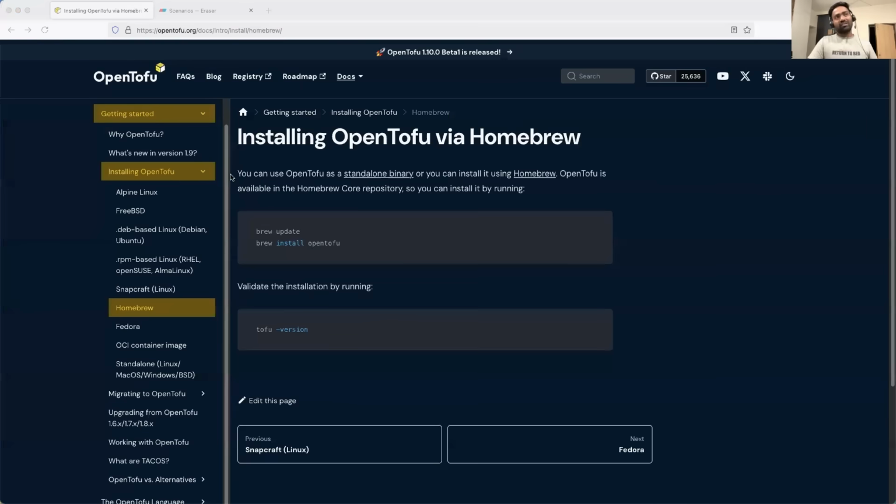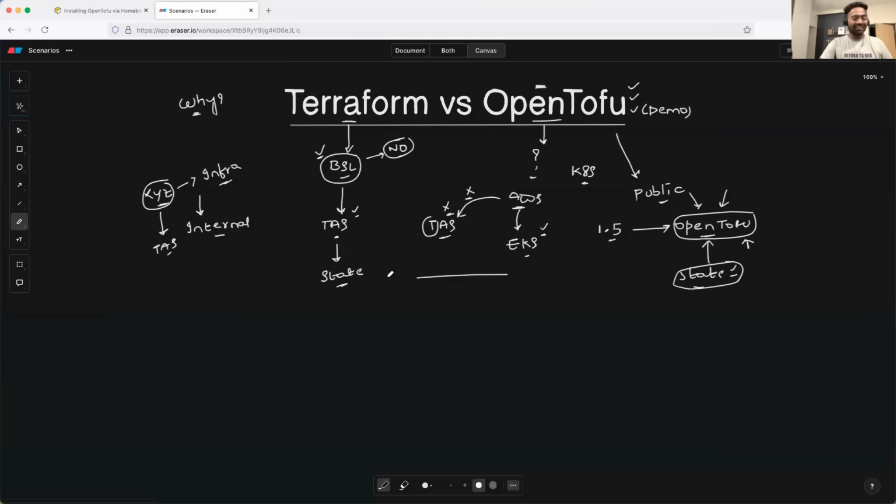Now, Abhishek, should I move from Terraform to OpenTofu or should I stick to Terraform itself? This is a very interesting question. If your company is offering Terraform as a managed service, you don't have any option. You should definitely move to OpenTofu, or maybe you can talk to Terraform support, but I think the wise option is to move to OpenTofu. If you are using Terraform just to create infrastructure, be it dev, staging, or production, then you don't have to move to Tofu.